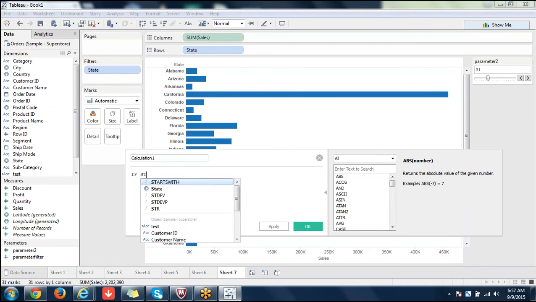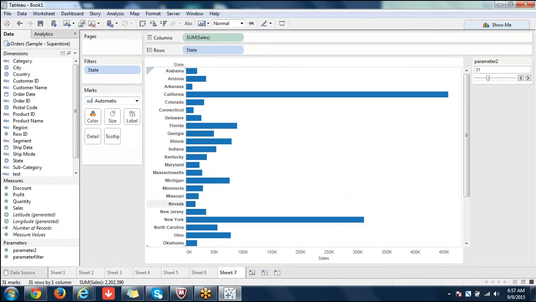So such things we can see tomorrow. We'll see tomorrow how to use parameters in calculations. Or do you want to see it now? If you guys are fine, I will take another 10 minutes or so. No, I think we can do it tomorrow. So we can study this and be back tomorrow.